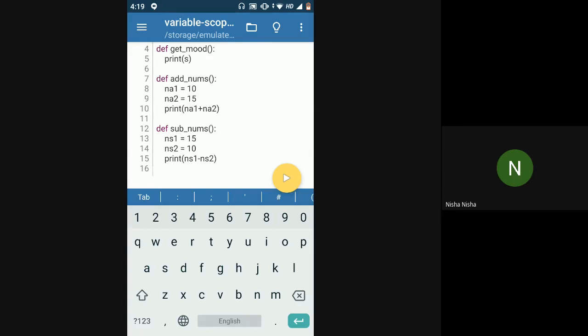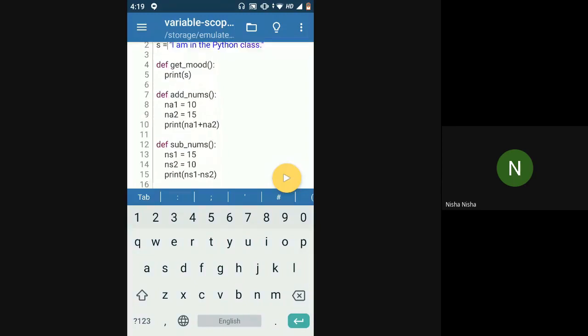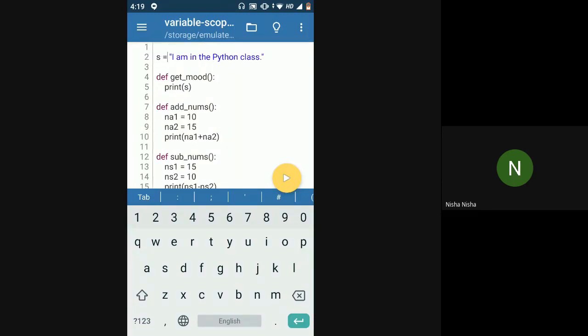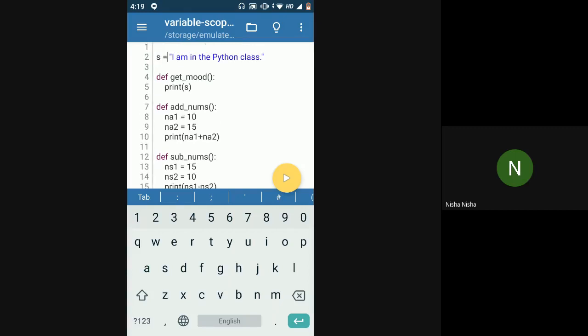So we have two local variables in add nums and two local variables in sub nums. As we talked yesterday, since na1, na2, ns1 and ns2 are local, they cannot be used outside of the function, but any global variable like s over here can be used anywhere in the code.